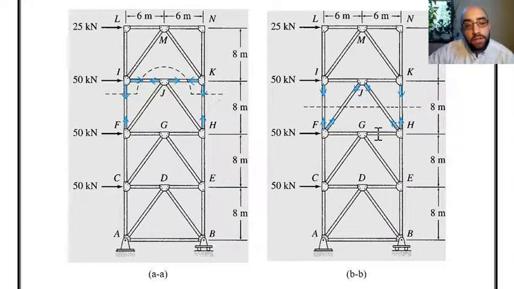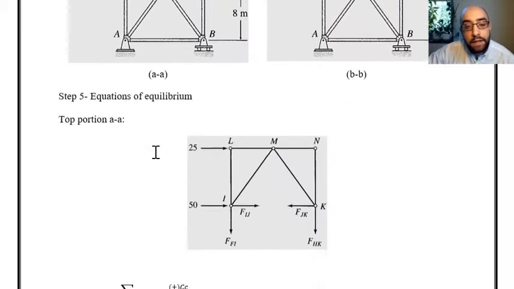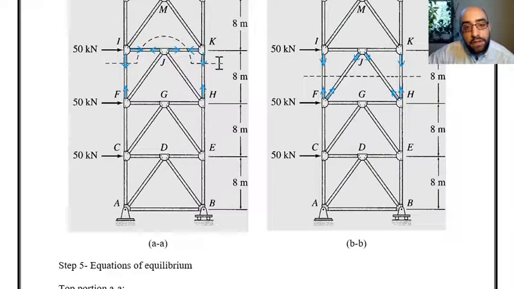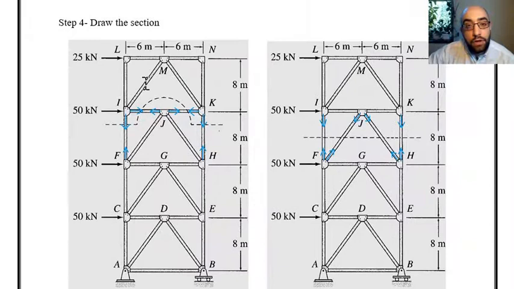If you look at the situation, we can also consider a section cut like this. Right? By considering a section cut like this, we can have the member Hk and also passing through the horizontal members, and then member Fi. Why did I consider this second section cut? For analyzing the truss, if I consider the section cut like this and consider the top portion,